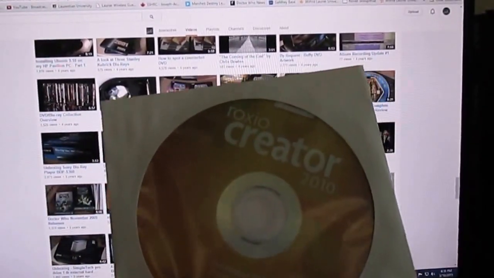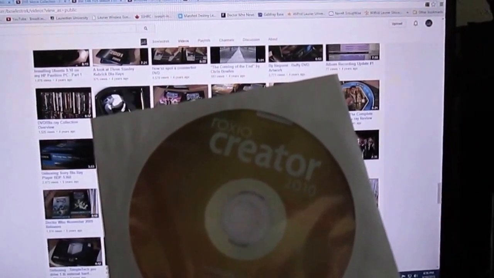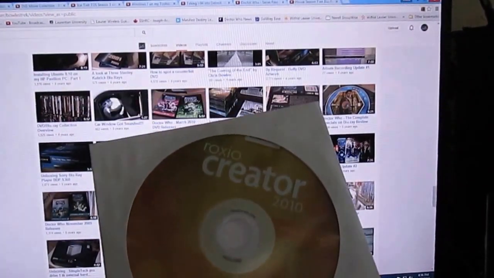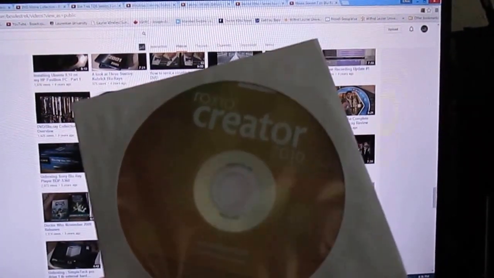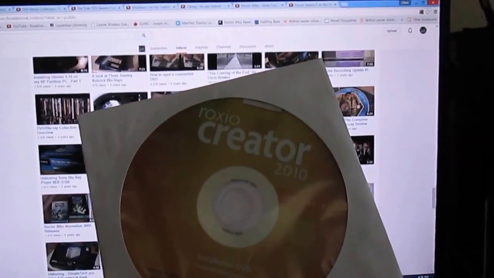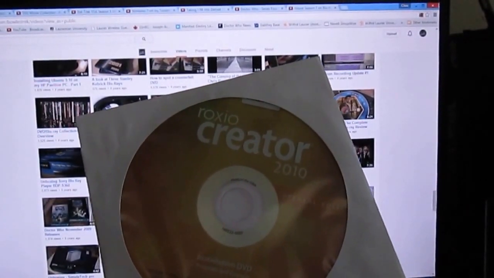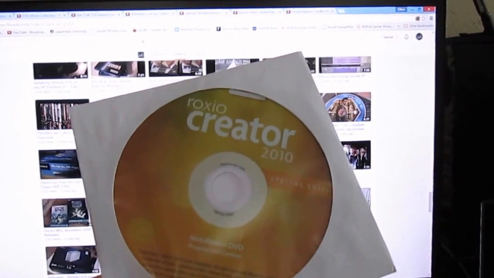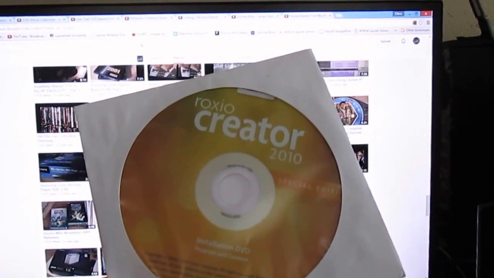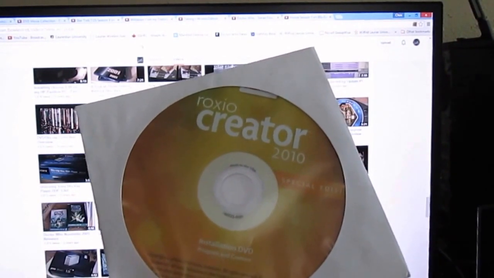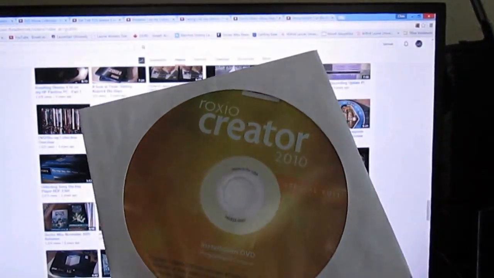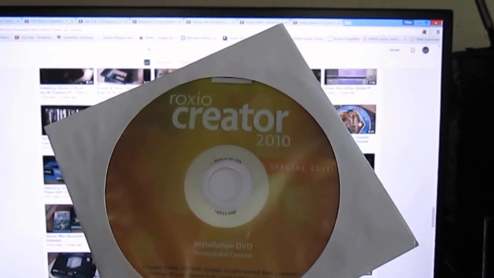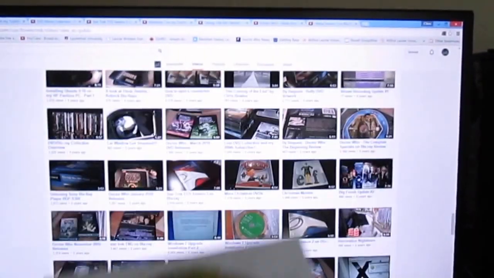So here we've got Roxio Creator 2010. And over the years, there are actually a few different codecs that I used, but for standard def, it was usually just MPEG. And I can't remember what HD codec I was using at the time. I think it was just their default. But the program shows up on videos that were encoded using both codecs, and a few others that I experimented with. But this is definitely where the problem comes from.